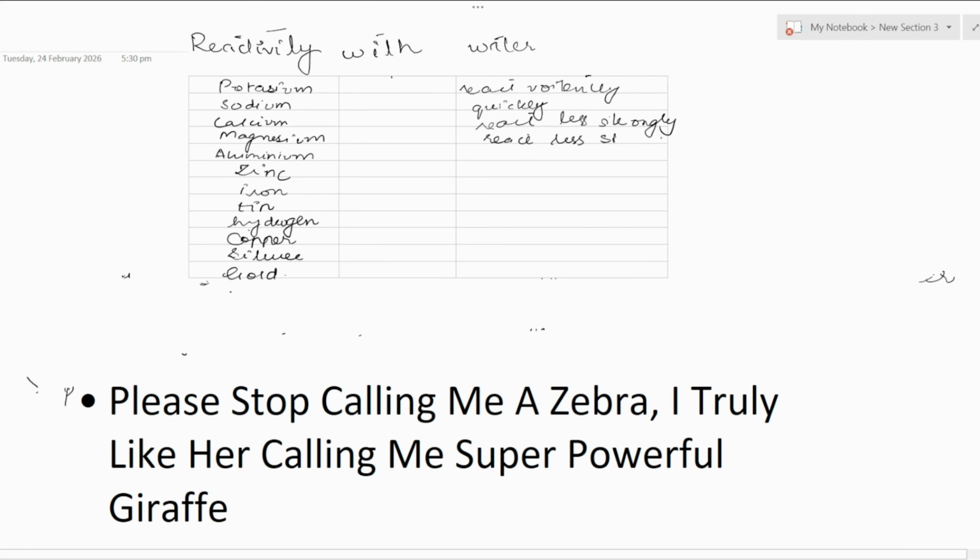The aluminium one would be the same because it's like group number 1, group number 2, and group number 3. Okay, let's move to zinc. When we talk about zinc, as the reactivity decreases, we need to give it extra energy. So we say that these elements, zinc and iron, react but with steam.